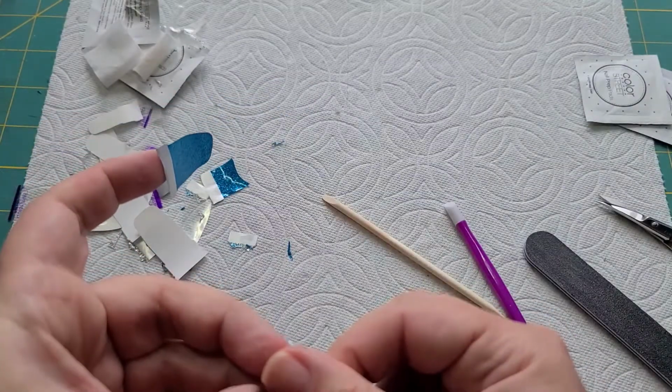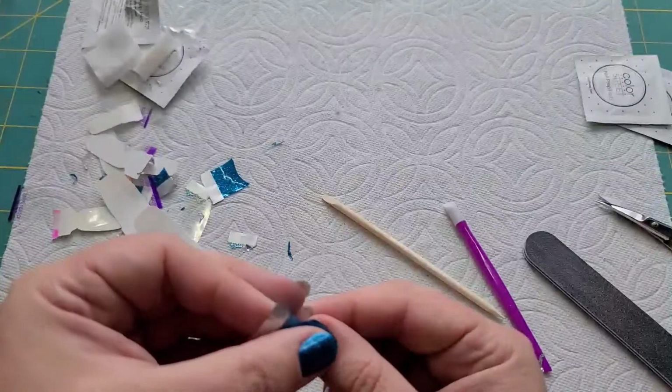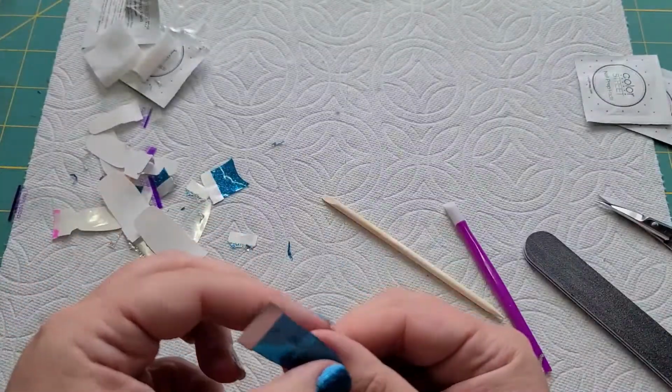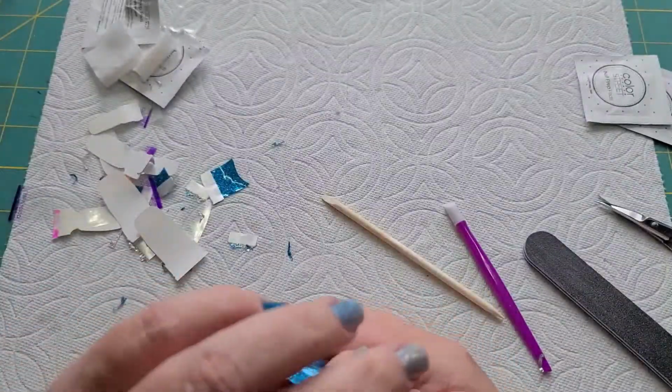I do a lot of overlays. I do love glitter, obviously. You can see how extra I am. So everything I do pretty much has glitter on it. But I also,